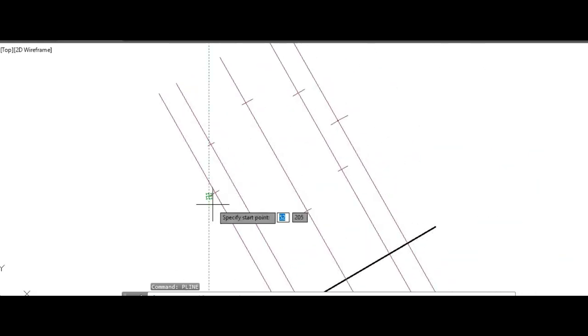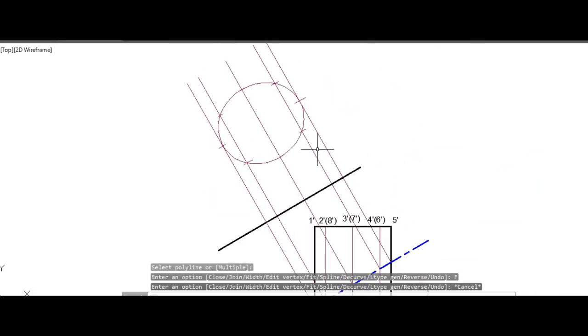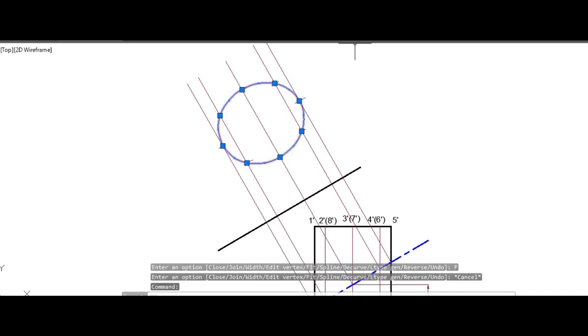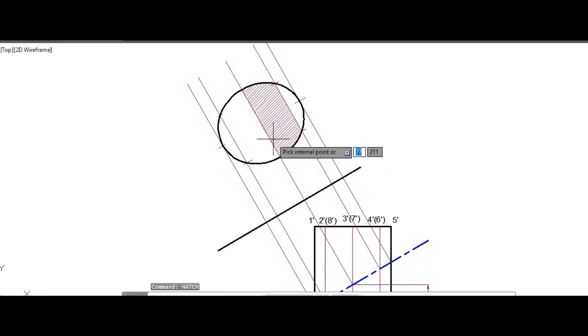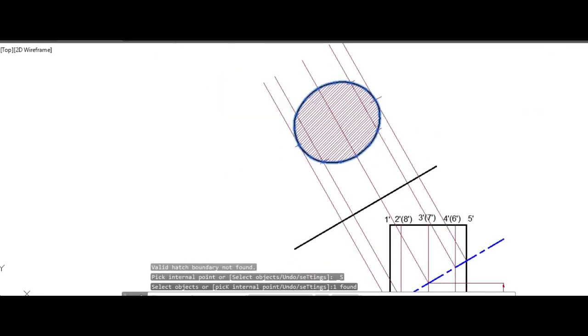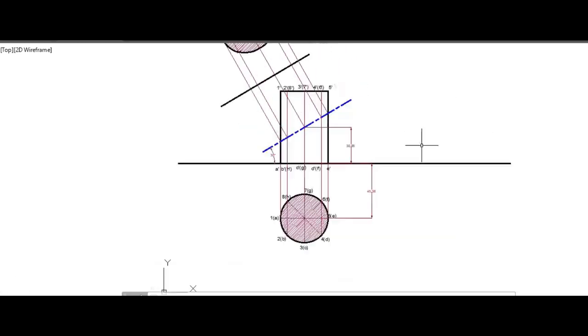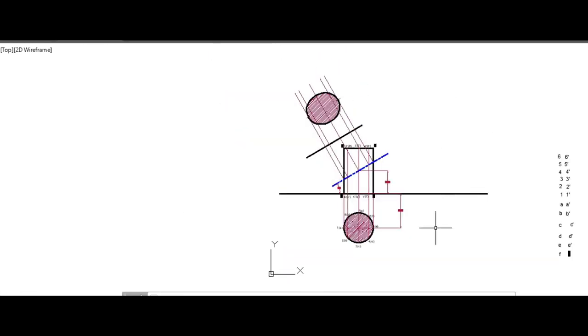Then we connect them like an ellipse. This has to be hatched. This gives the solution for this problem.